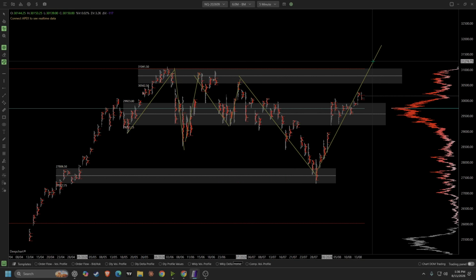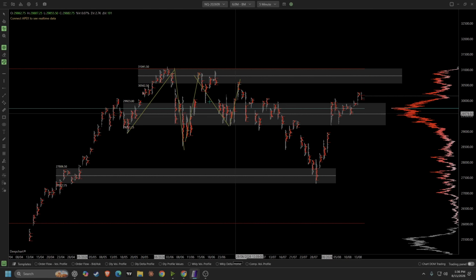So once again, volume profile is essentially just the distribution of all volume that has been traded for whatever time period you're looking at. And this is kind of a dynamic